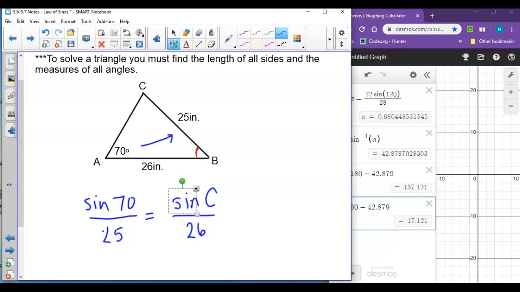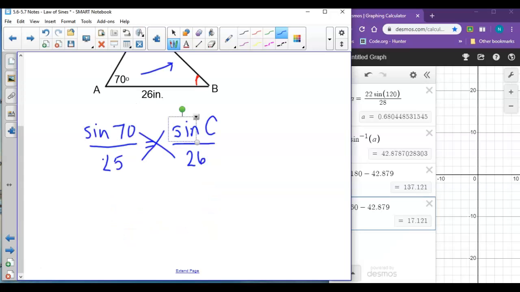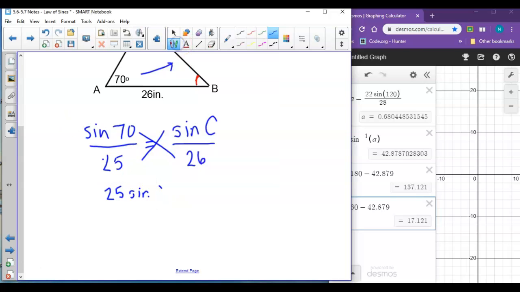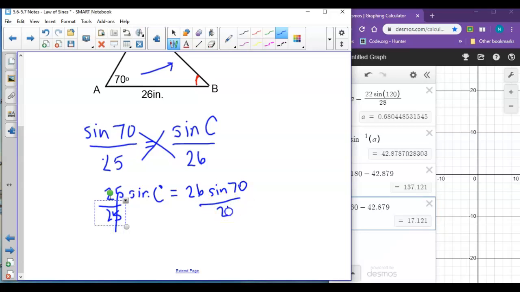And just like the last problem, we're going to cross multiply. Whenever we do that, we will get 25 sine C equals 26 sine 70. And so let's divide both sides by 25 to get rid of that. And then we've got sine of C